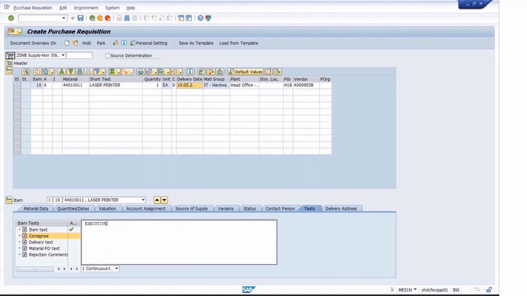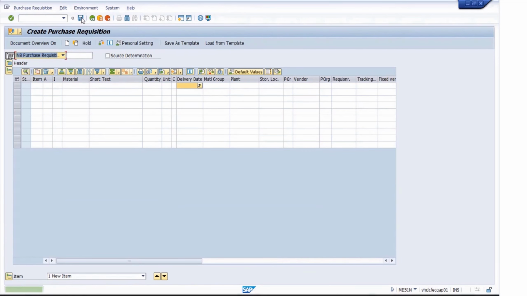Provide the designation and department of the consignee. Then click on the check button. You will get the message, no message issued during check. It means all okay. Then click on save button. As you will click on save button, you'll get the message that purchase requisition number so and so is